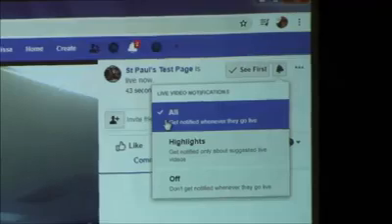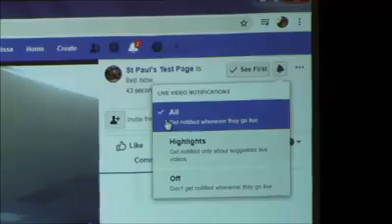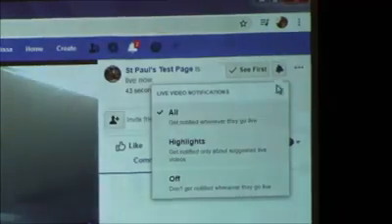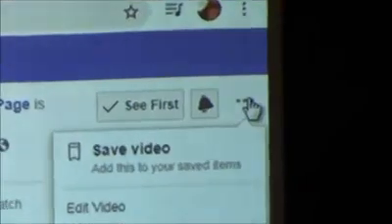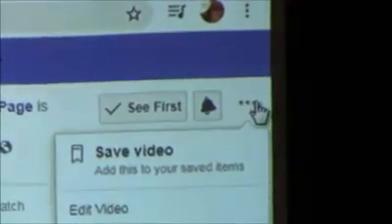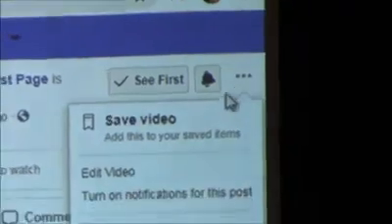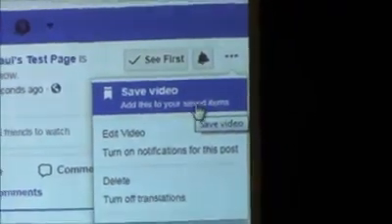The next thing would be the 3 dots to the right of the bell. If you click on that, the only thing really of significance there is you do have the ability to save the video.